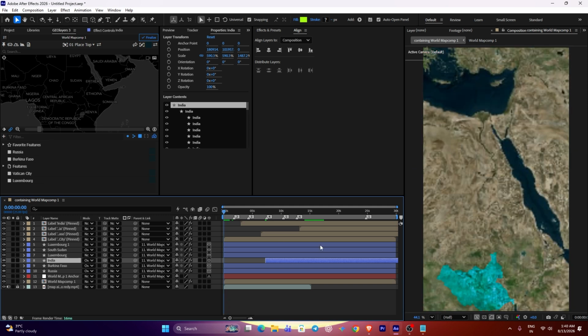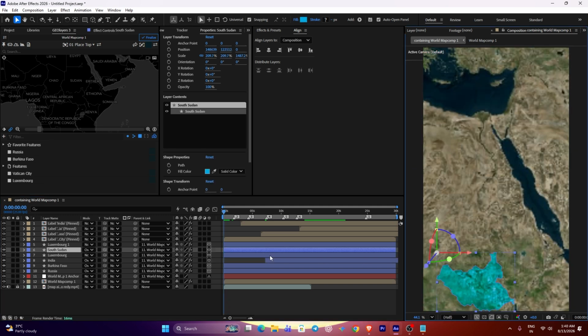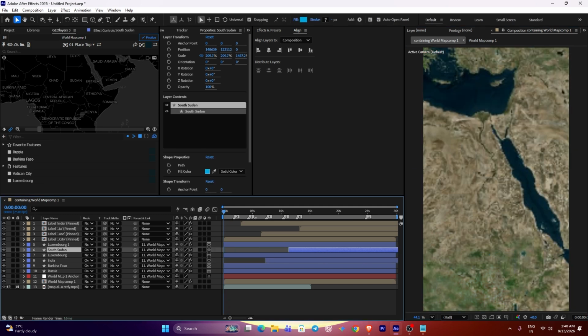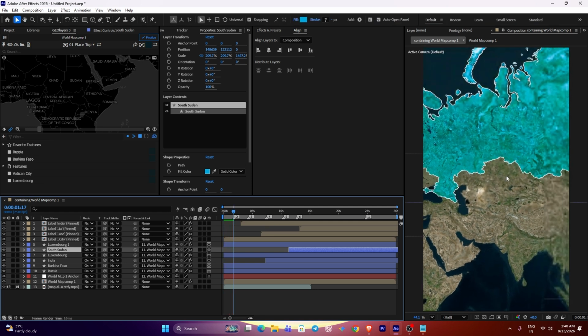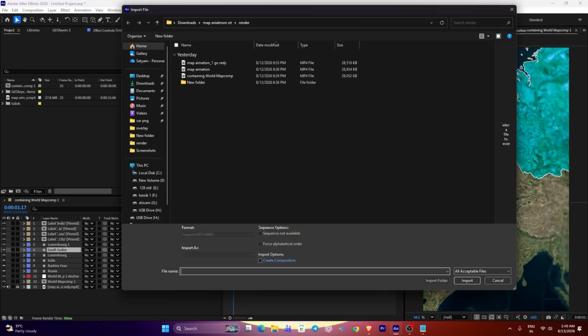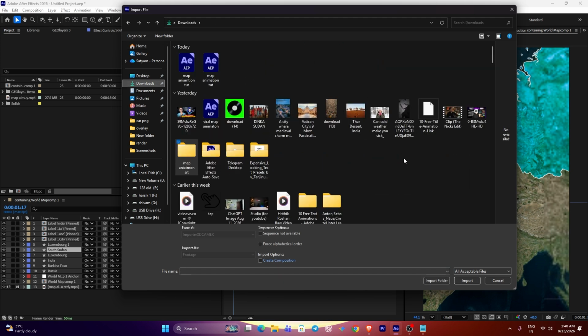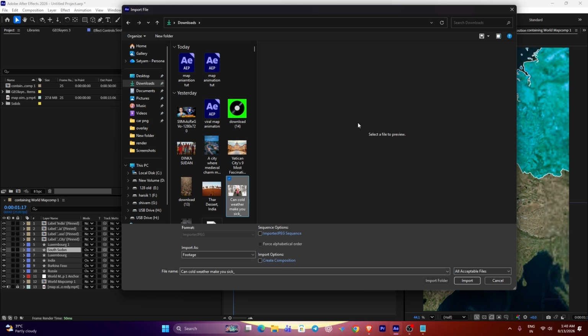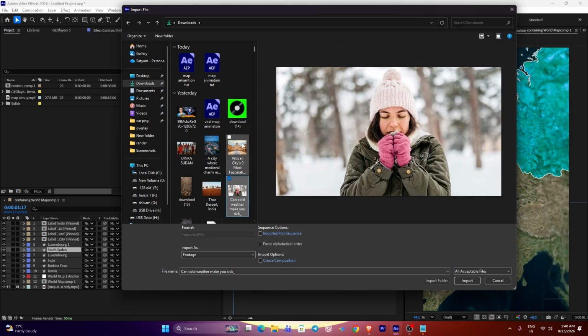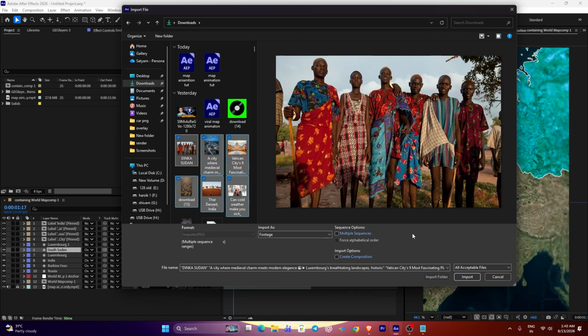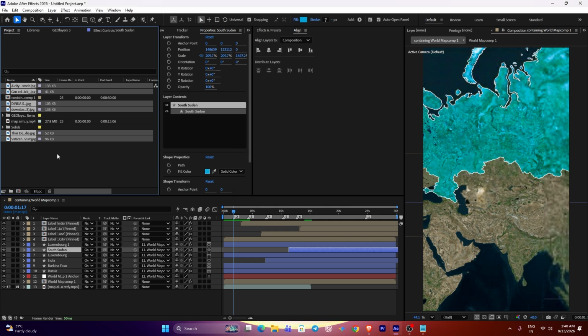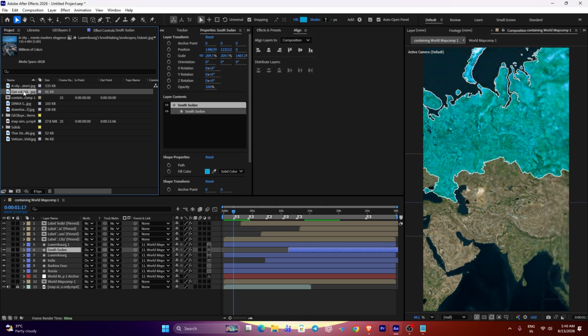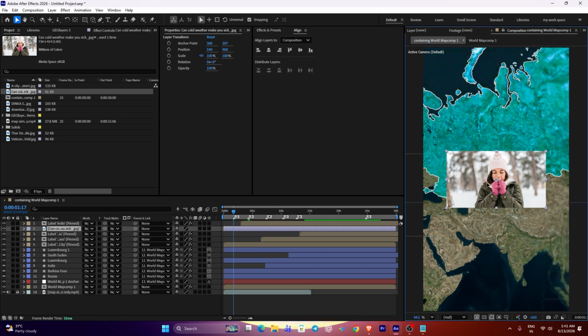Also remove this, which name, South Sudan. Remove this, Russia. Okay, I want to add some pictures inside this box. All pictures are provided in your description box. You just click and use all the pictures. Russia was the coolest country. I will just drag it here.